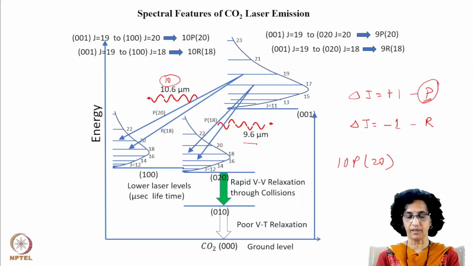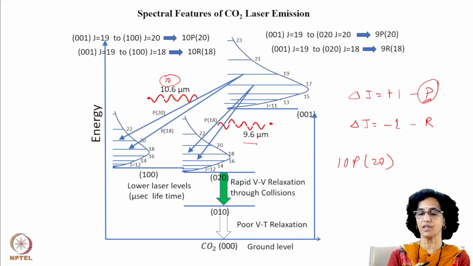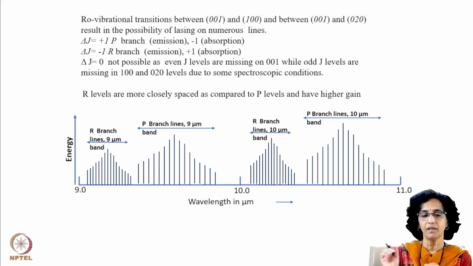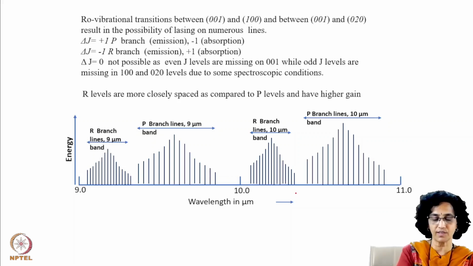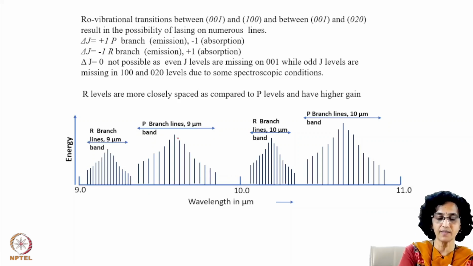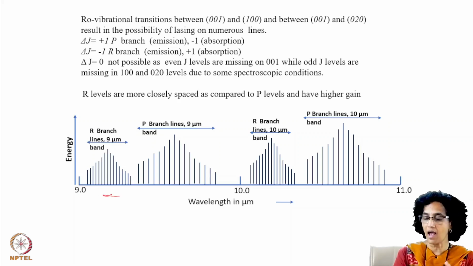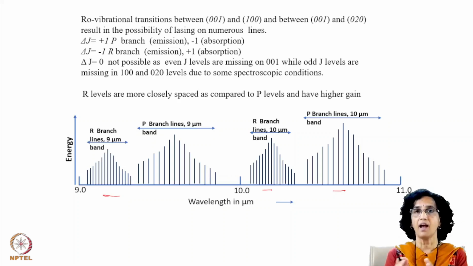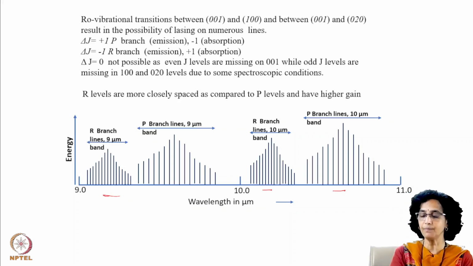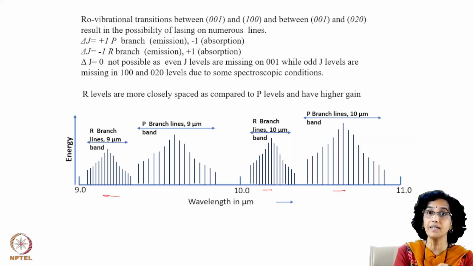But before going into that, it would be worthwhile for us to spend a little time on, yeah, so here I have shown you that this is the 10 micron branch, this is the 9 micron branch, you have the P branch lines, you have the R branch lines, and the separation between P branch lines is a little more as compared to R branch lines, and that you will easily understand if you try to find out what is the energy difference, how a P branch line is originating, how an R branch line is originating, and what is the kind of energy difference that entails, and then you will be able to understand why this is a little more and why this is a little less.